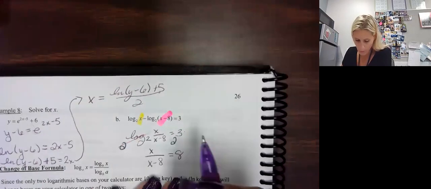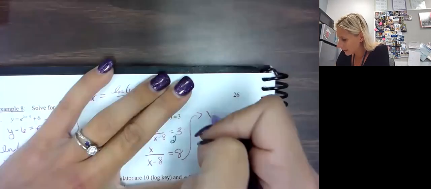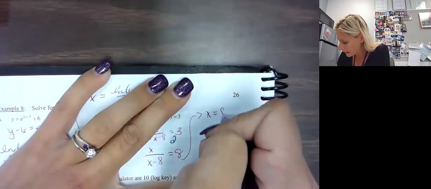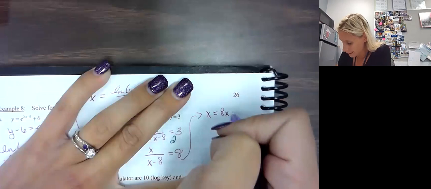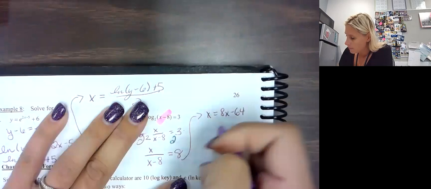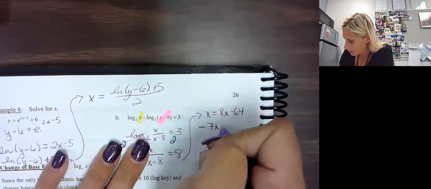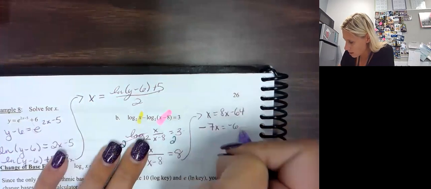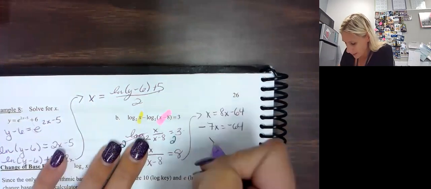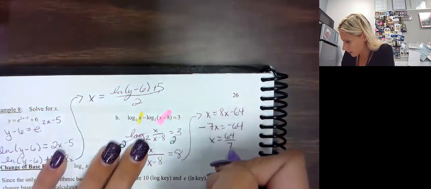Now we can do some algebra here, right? So I'm going to get rid of the denominator, and I get x equals 8x minus 64. I get negative 7x equals negative 64. So we get x equals 64 over 7. Okay,